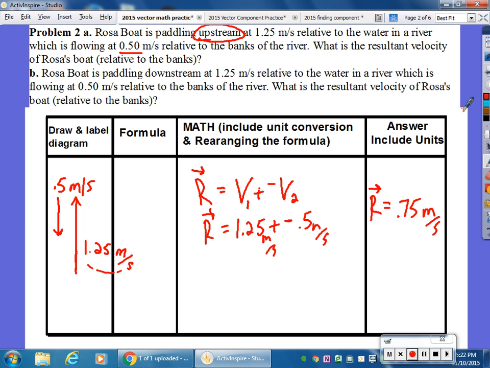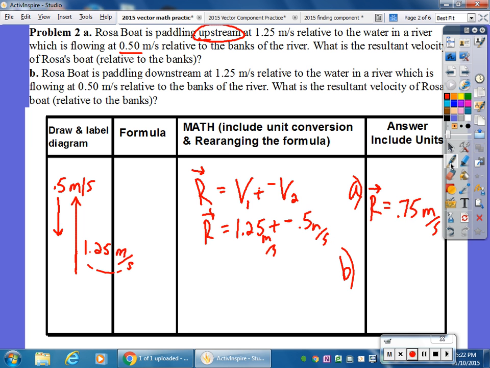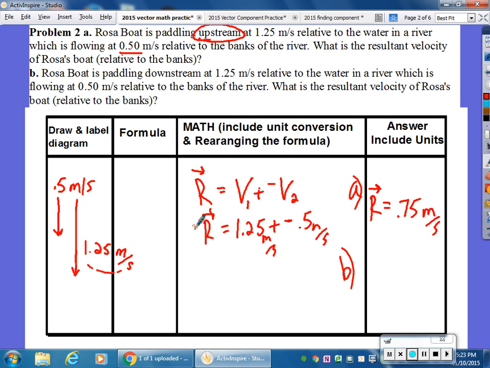And then part B here, so this is part A. Part B asks you, supposing she turns around and starts swimming downstream. So she starts swimming with the flow of the water. Essentially, she's going to turn her vector around. She's swimming downstream, so now these two vectors are moving in the same direction. So now we just add them together and we get a very different scenario in terms of her